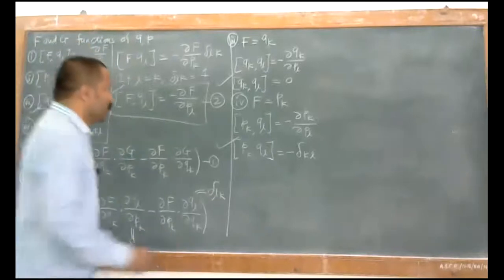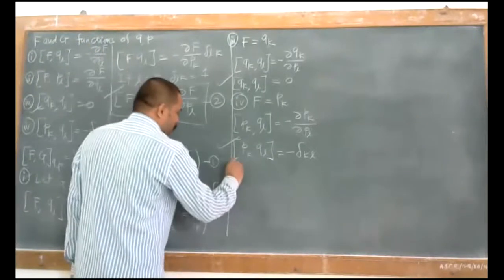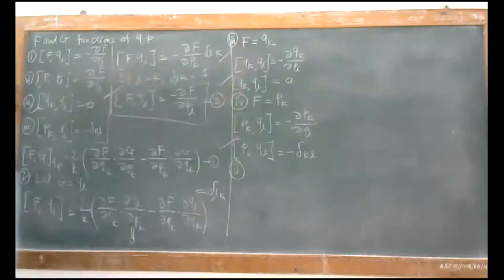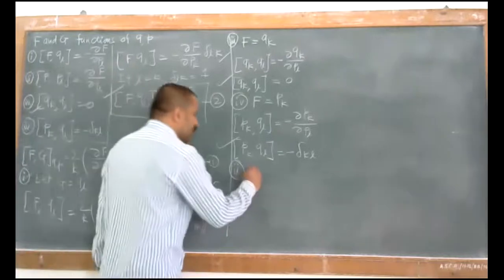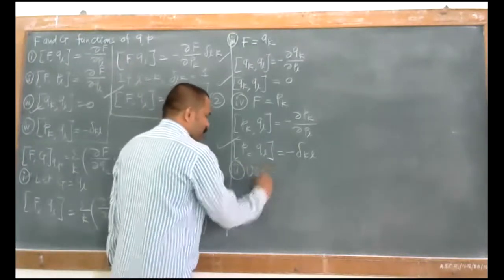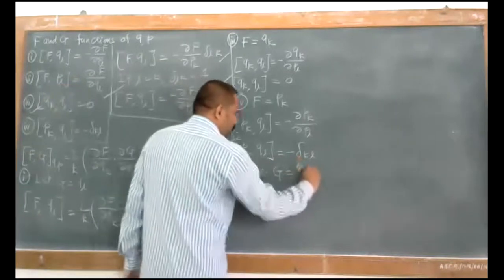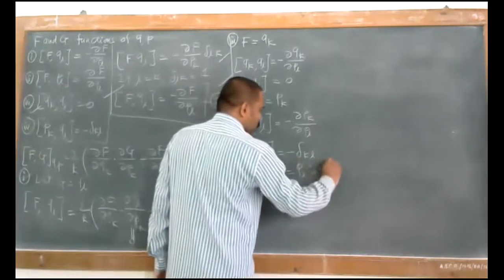Now what we'll have to prove? We'll have to prove the second one. पहिला झाला, we have third one and fourth one. Now what is the second one? In the second one, we have a little bit of changes. What is the change? We'll have to use G is equal to PL. आता हे जे equation number 1 आहे, याच्यामध्ये G is equal to PL टाकायचं. So I'll write that: use G is equal to this PL in equation 1.